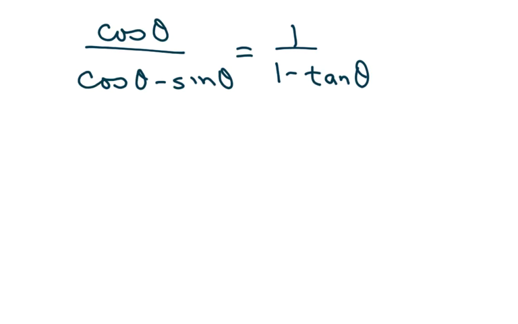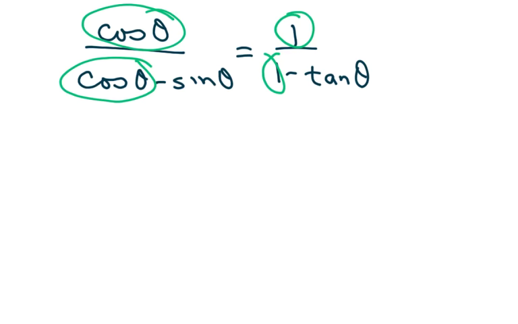Now what I notice, anytime I have something like this, and I see these two 1s, and I see these two cosines, you can either say multiply by 1 over cosine. What I'm going to do is just divide everything by cosine. So I'm going to take this cosine of theta, divide it by cosine of theta,